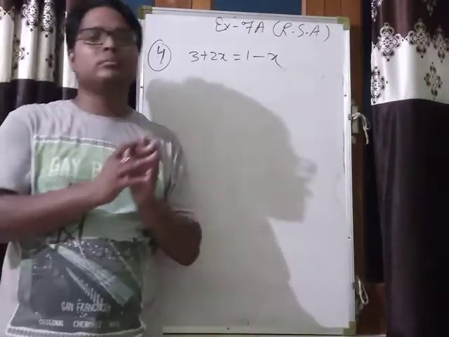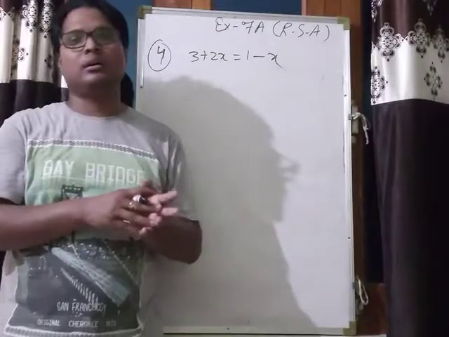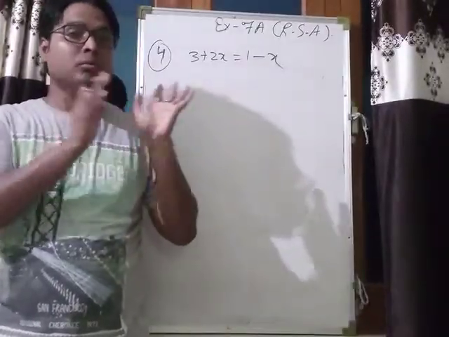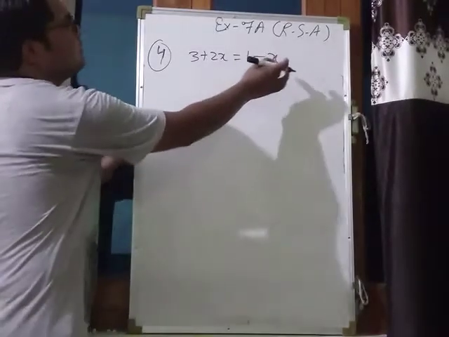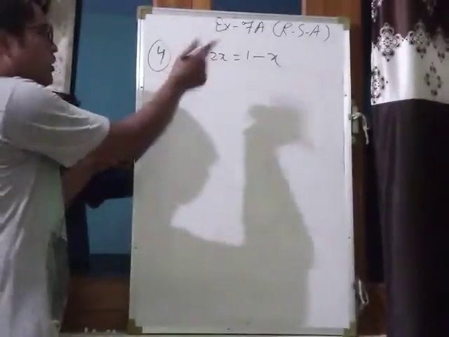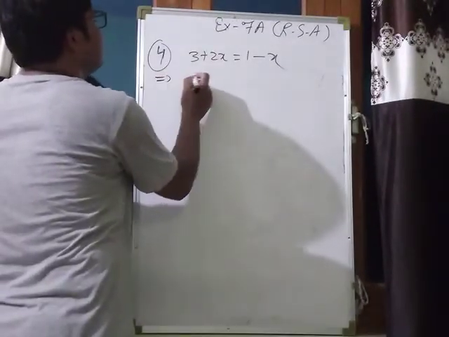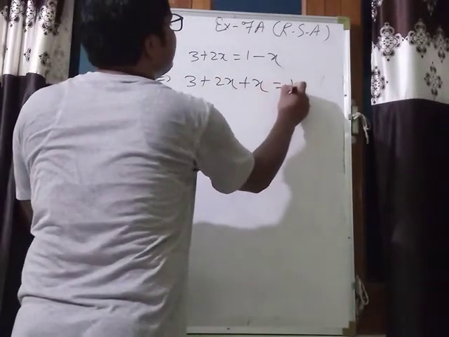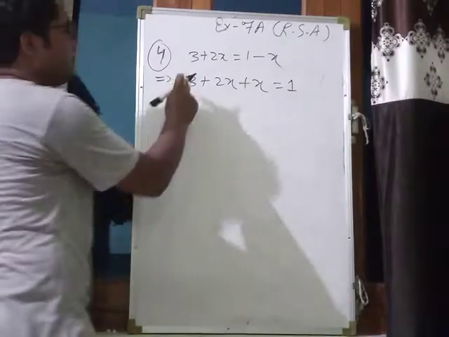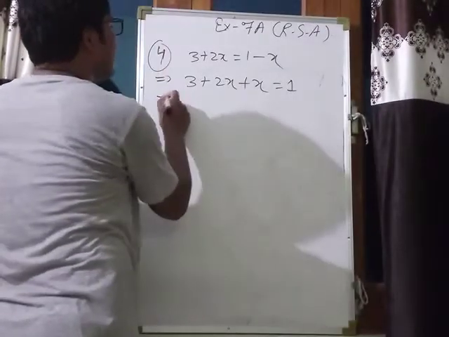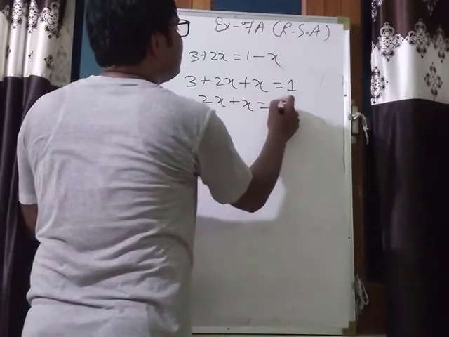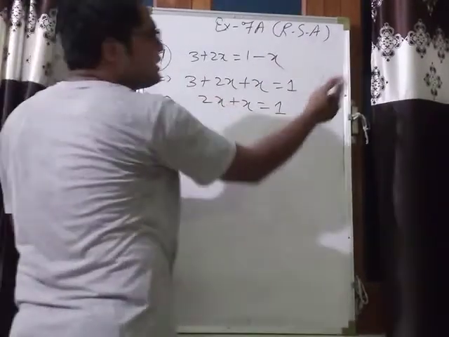Put them in left side or put them in right side, but only in one side. So I am going to transfer this minus x to left side. What we have? This is 3 plus 2x plus x. What will remain here? 1. And transfer this 3 to right side. What we have? This is 2x plus x is equal to 1, and transfer this 3 to right side, minus